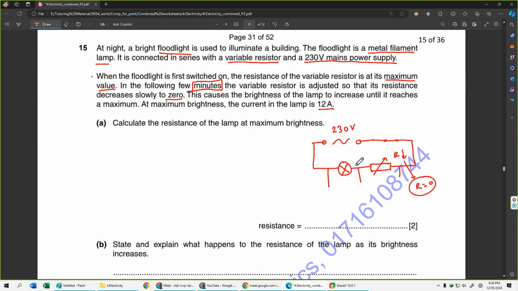This essentially gives us a slow increase of temperature of the floodlight that ensures that the floodlight is not going to be breaking down. If you wonder why this is necessary, I mean, why can we not directly turn it on at 230 volt? I'll give you an example. One of the parts that I'm now telling you is not essentially a part of this question, but to make sense with you, whenever we make a filament lamp, which is basically a rectangular wire. So if I try to draw over here,